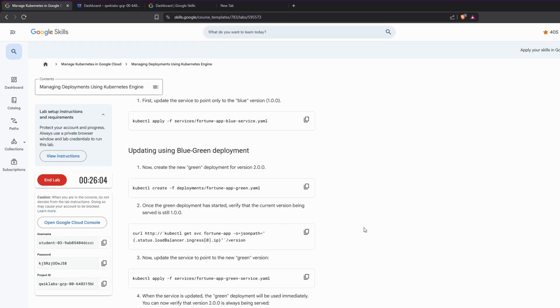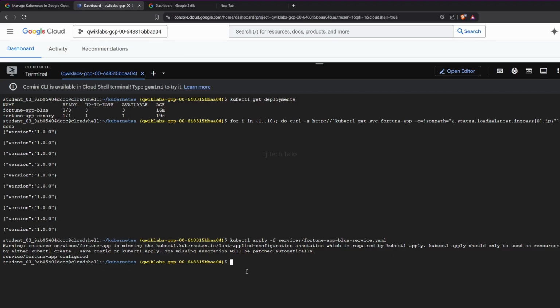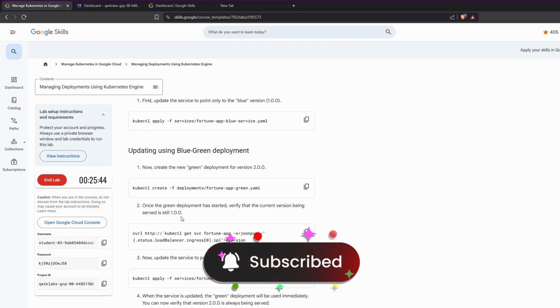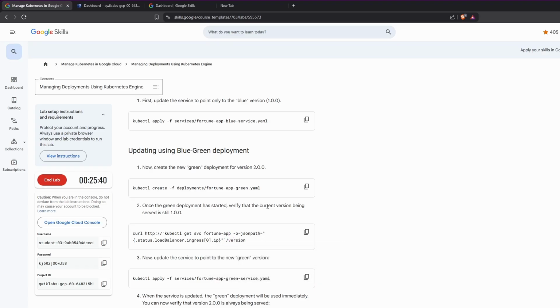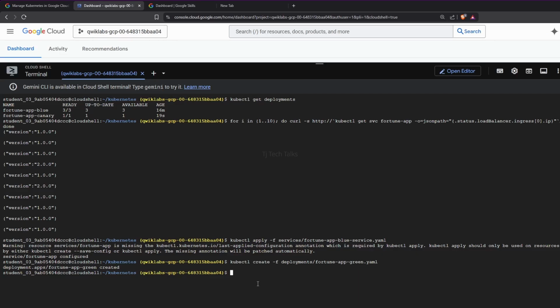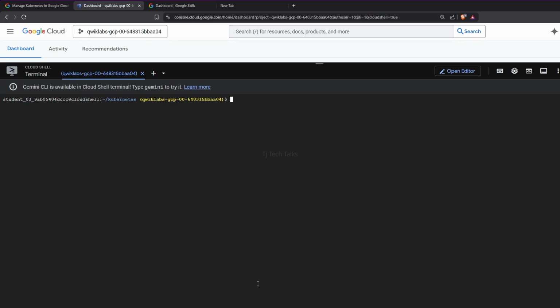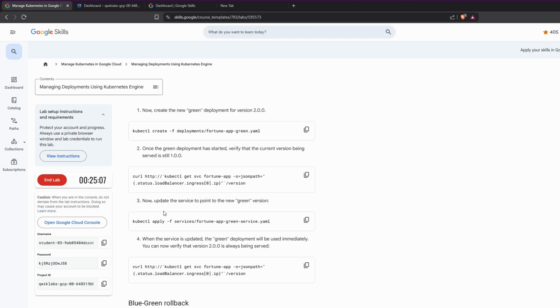Okay, now we need to create a green deployment for version 2.0. We have this command already, kubectl create deployment fortune app green.yaml, which is created. And then once the green deployment has started, we need to verify whether the current version being served is 1.0.0 or not. So we'll just copy this command and paste it here, so that we verify before proceeding whether all the requests are pointing to 1.0.0. So here if you see, the version is pointing to 1.0. So we can safely apply the blue-green